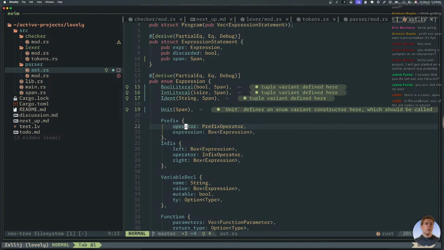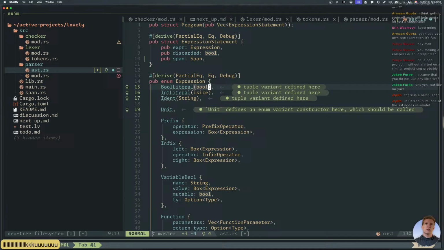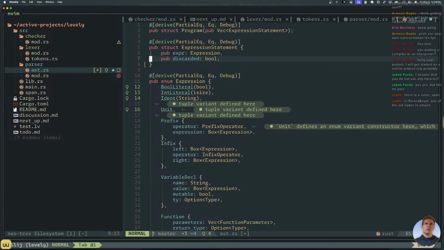Gotcha. So maybe I just don't need a span for all of these things. That's probably why he didn't have all of those. Well, maybe we should think about that.